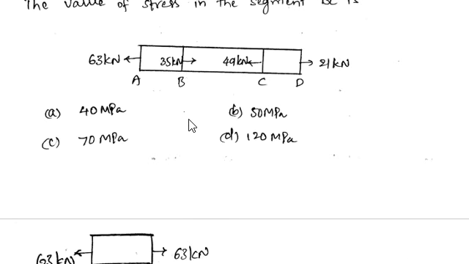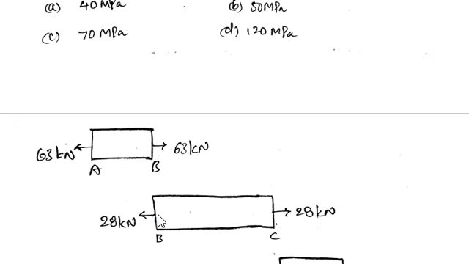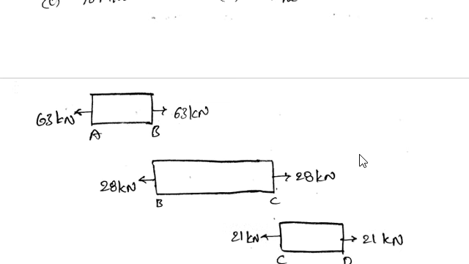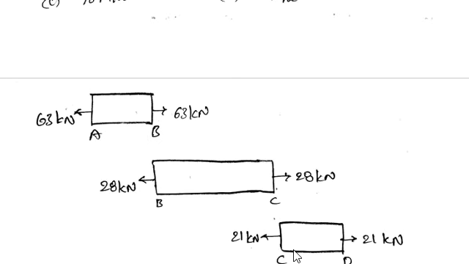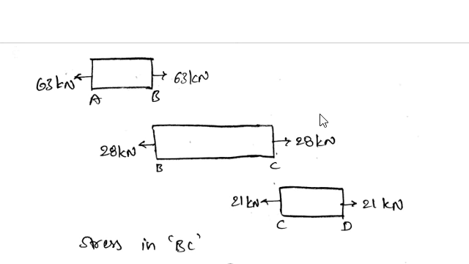To satisfy this, the load for the segment BC should be 28 kilonewtons towards left at this place. If it is 28 kilonewtons towards left at this place, then at the other place it is 28 kilonewtons towards right. So this is our simple technique that we are following. Next, for segment CD, you can directly write 25 kilonewtons. So these are individual free body diagrams for the different segments AB, BC and CD.